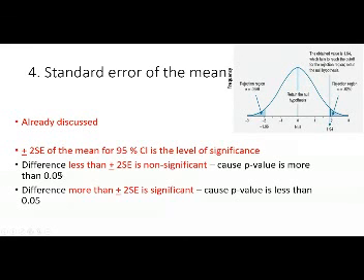So if the p-value is more than 0.05, then we may not reject the null, and if the difference is more than plus minus 2 standard errors on each side, then the p-value is less than 0.05, and we can easily reject the null hypothesis. How do we reject null and accept or not reject the null? We will see in the coming slides.